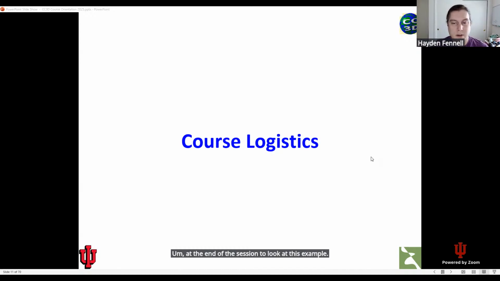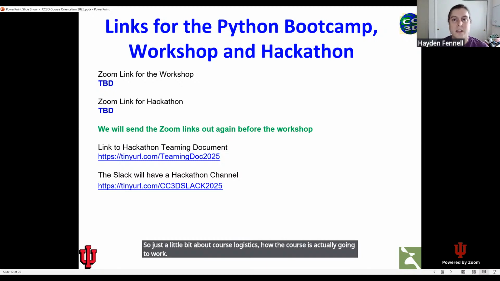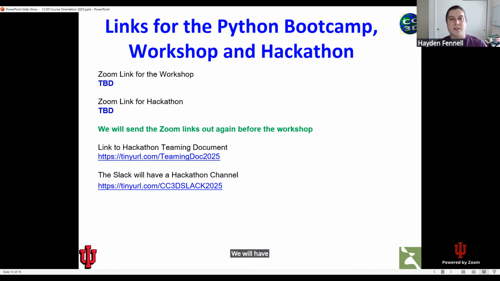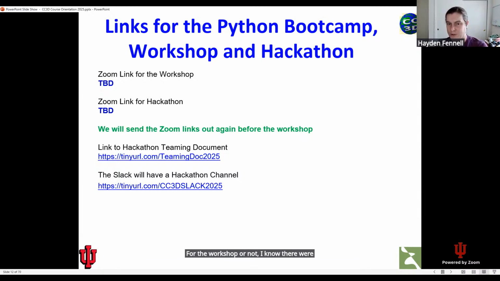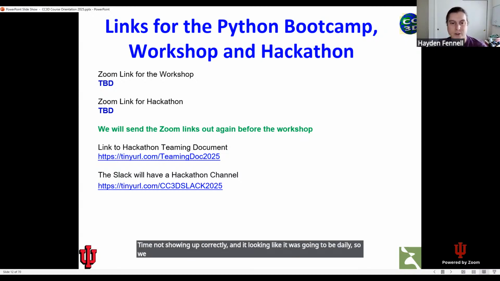So just a little bit about course logistics, how the course is actually going to work. We will have links for the Python bootcamp, the workshop, and the hackathon sent out at least 1 week before each of those events. We don't have those links set yet. We're not sure if we're going to use the link from today for the workshop or not. I know there were a couple of issues with the time not showing up correctly and it looking like it was going to be daily. So we may take a look at that and generate a new link, but we'll make sure that everybody's notified of that